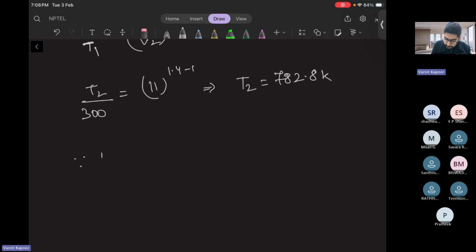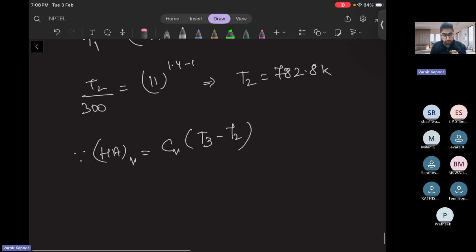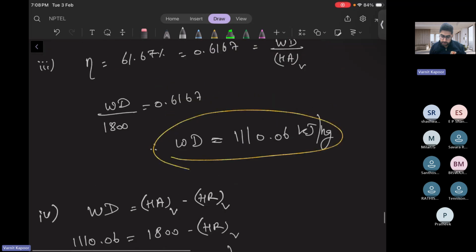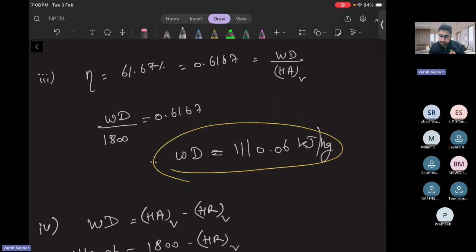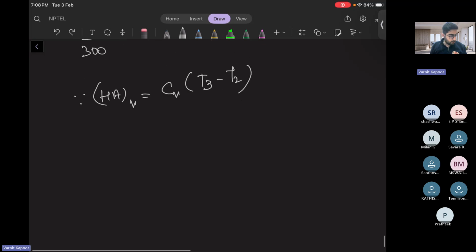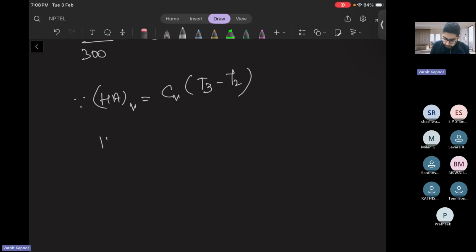So since heat addition at constant volume is nothing but Cv (T3 minus T2). Now you know what T2 is, and you also know the heat addition value, because it is given to you. That is 1800 kilojoule per kg. So it will be 1800 equal to